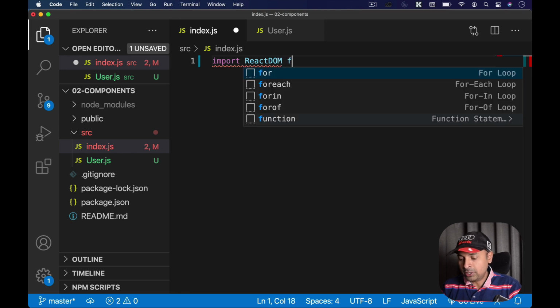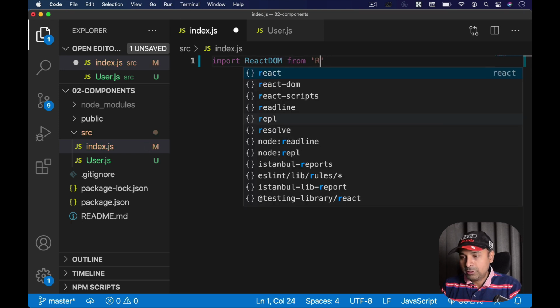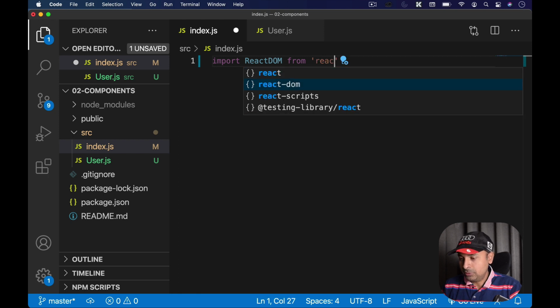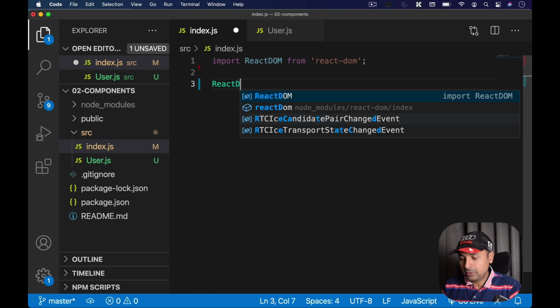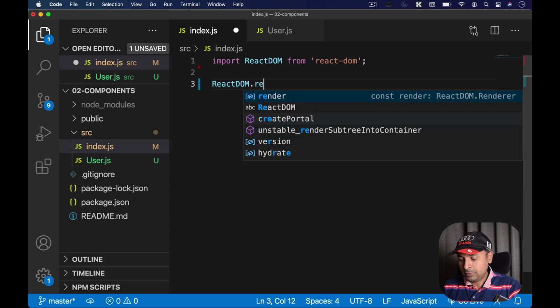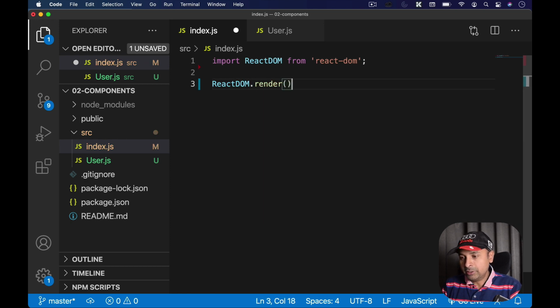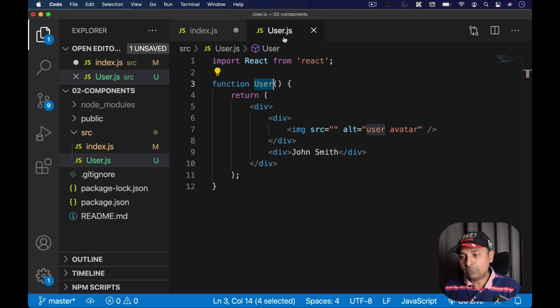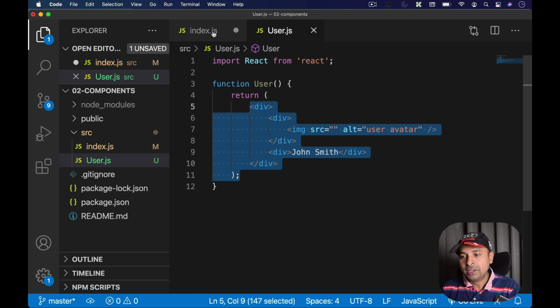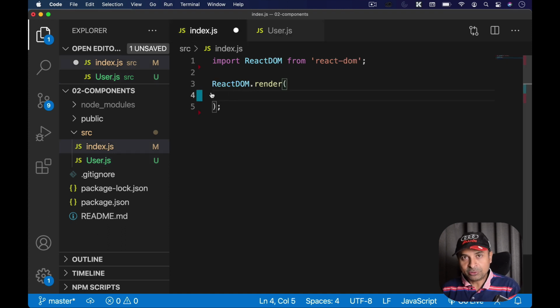So import ReactDOM from React DOM, because I'm going to use something like ReactDOM dot render method. And inside that render method, I need to render my user, right? But first of all, how to take this JSX from this separate file into my index.js? That is a question, right? How can we do that?